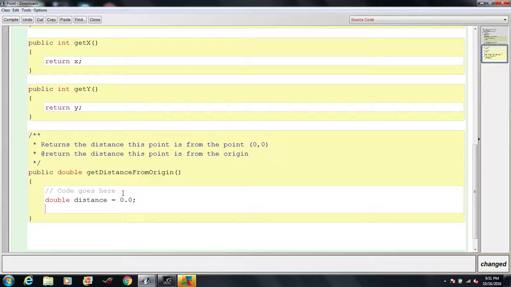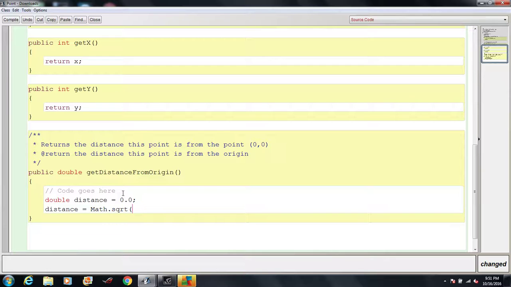Always create everything and set them before you use them, just to be safe. So double distance, you're not going to do the equation. Well, distance equals, it's the square root, and that's math, that square root of 2 points. Okay, well, in this case,